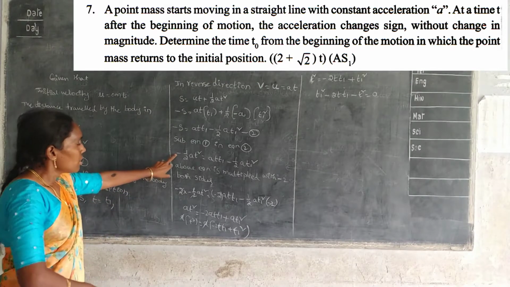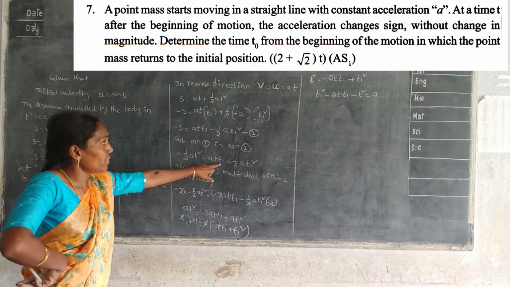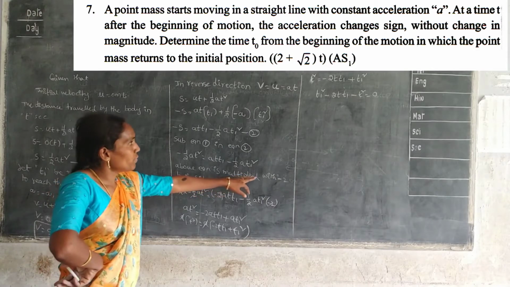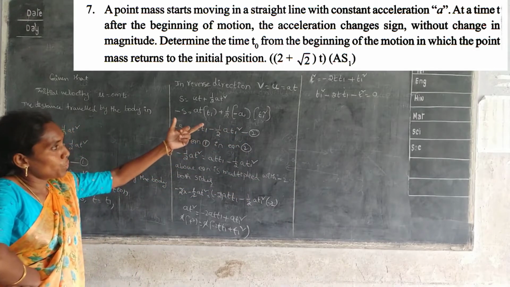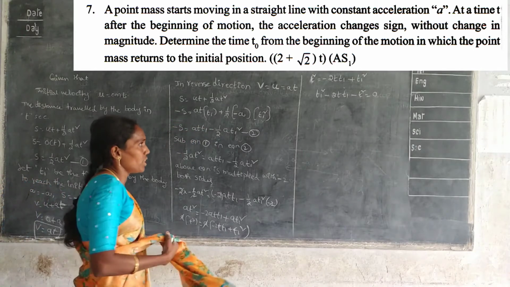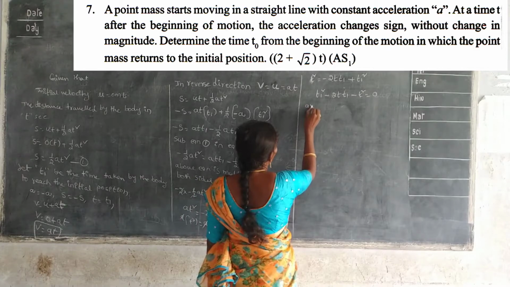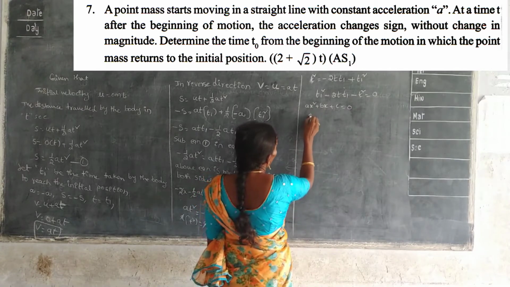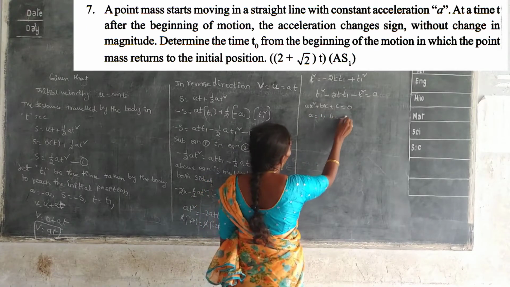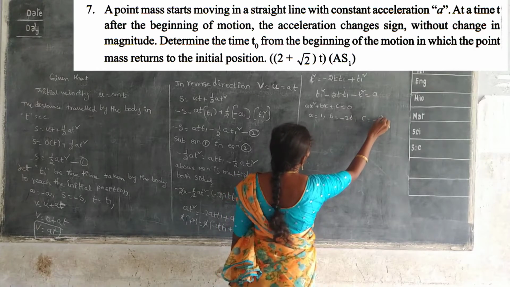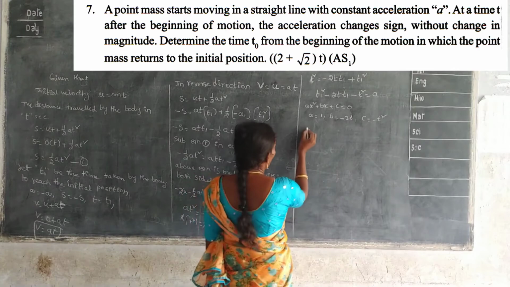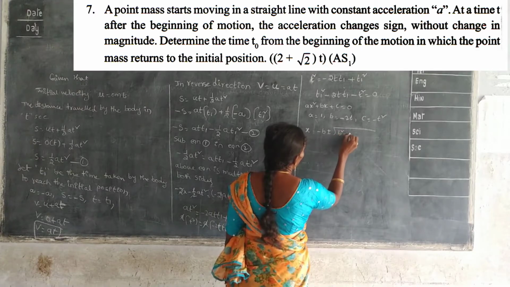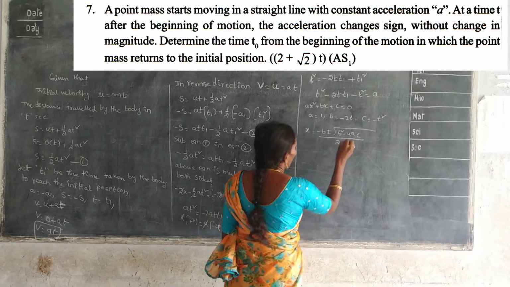Throughout the equation, minus half at square is equal to a t t1 minus half a t1 square. Now the above equation is multiplied with minus 2. Here t1 square minus 2t t1 minus t square is equal to 0. This is in the form of ax square plus bx plus c is equal to 0, where a is equal to 1, b is equal to minus 2t and c is equal to minus t square. Remember very well, x is equal to minus b plus or minus root of b square minus 4ac, by 2a.